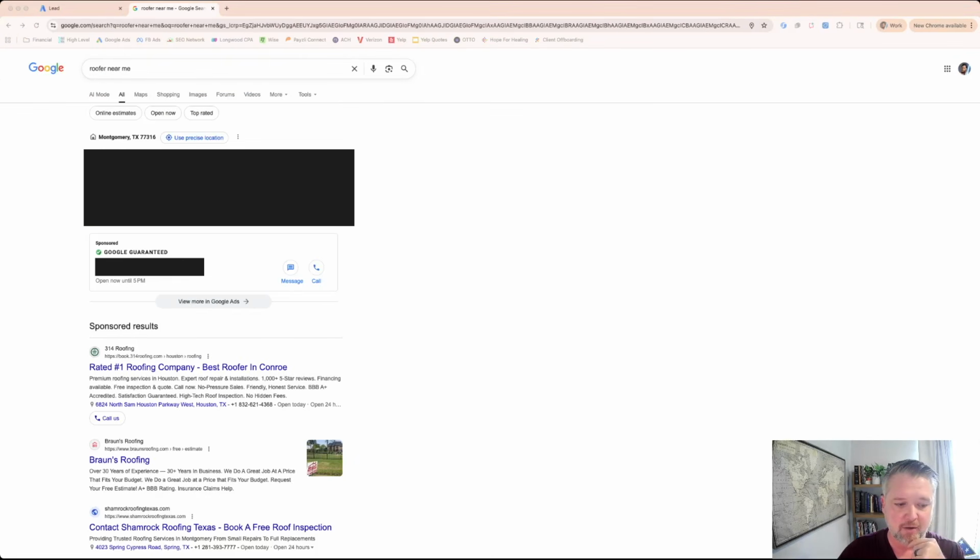So just to show you live, I looked for roofer near me. Now, it showed right here, this Google guaranteed. And notice how it shows above the sponsored results right here. So this is a Google ad right here, right where my mouse cursor is. And then right here, where my mouse cursor is, that's a Google guaranteed.